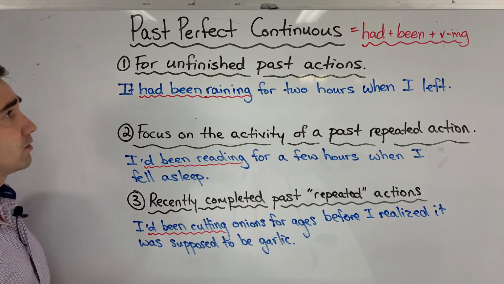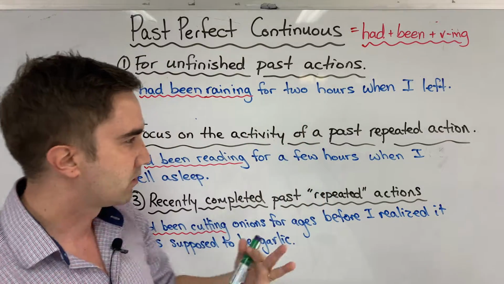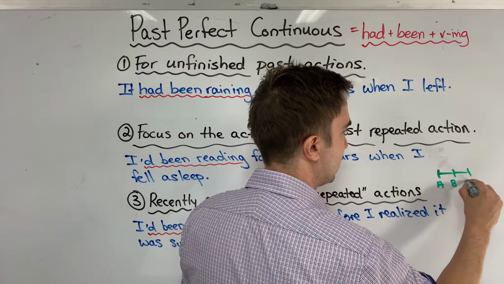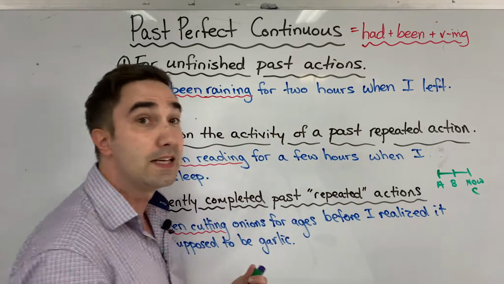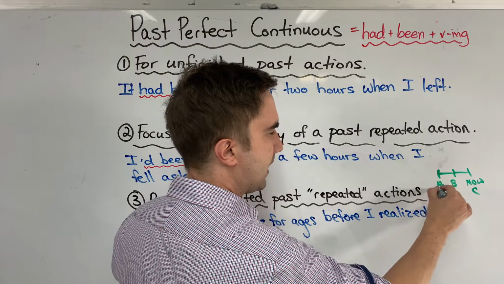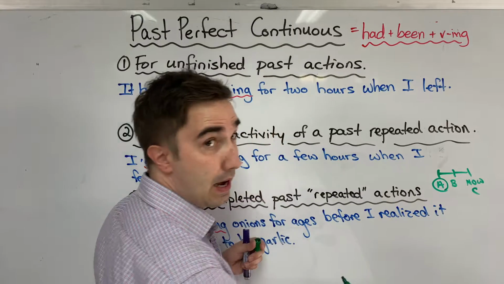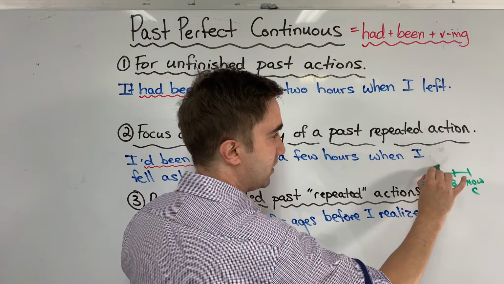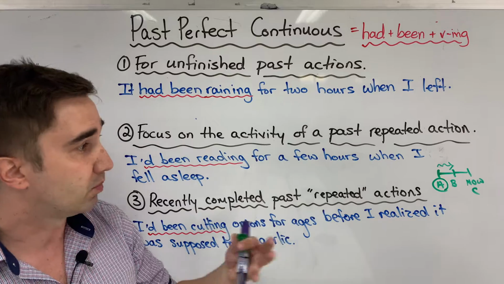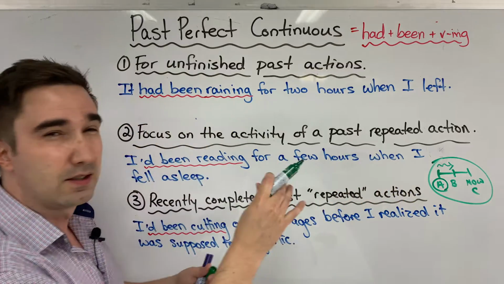All right, so this is a little bit confusing because past perfect is like the past, right? So I always kind of say, if I have some space, A, B, and then this is now, which sometimes I call C. So C is now, right? Here we're talking about A and B's relationship. Past perfect continuous is what had been happening before another past action. So when I give you the examples, try to keep this timeline in mind.